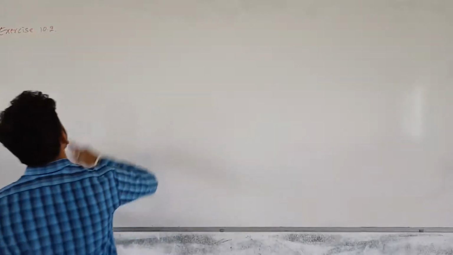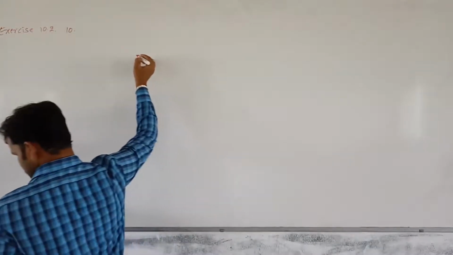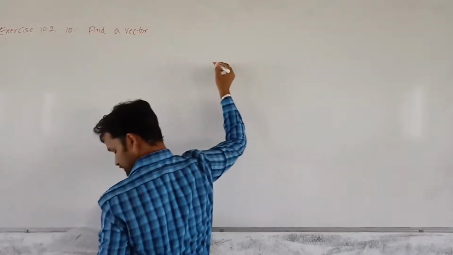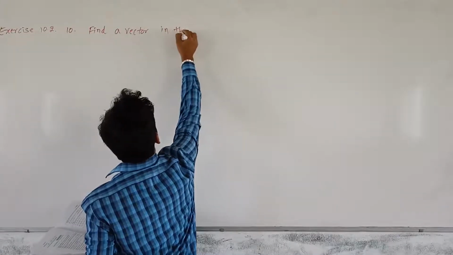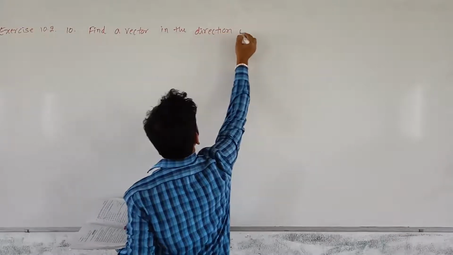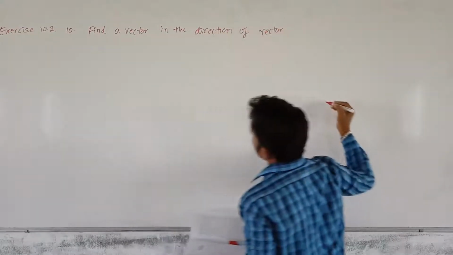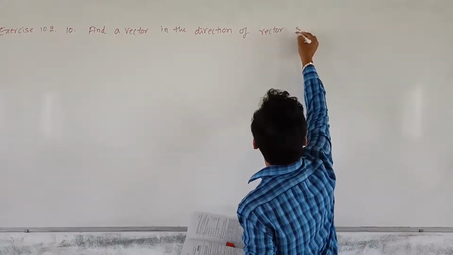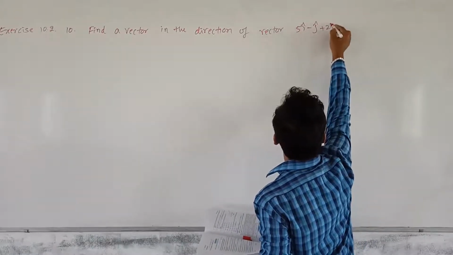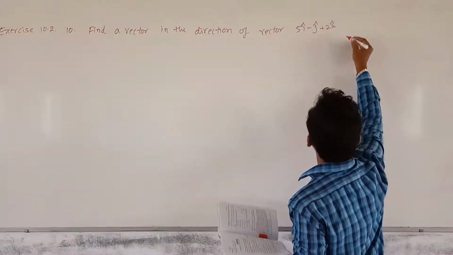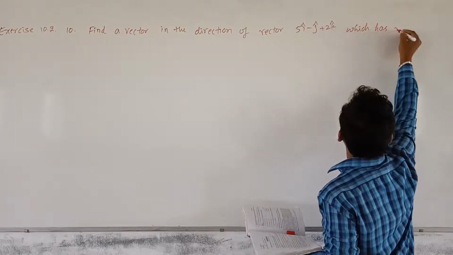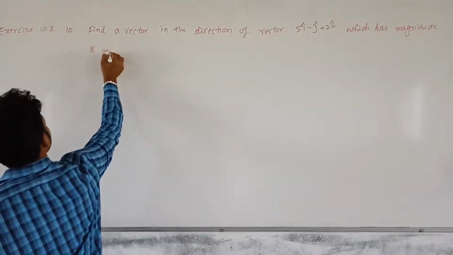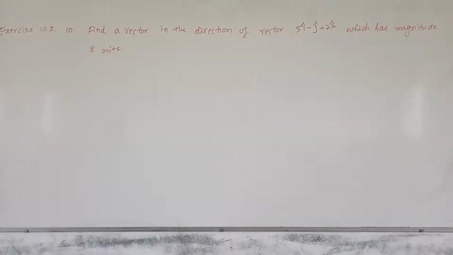Now, question number 10. Question number 10 is: find a vector in the direction of the vector 5i minus j plus 2k, which has magnitude 8 units. Okay. Now,